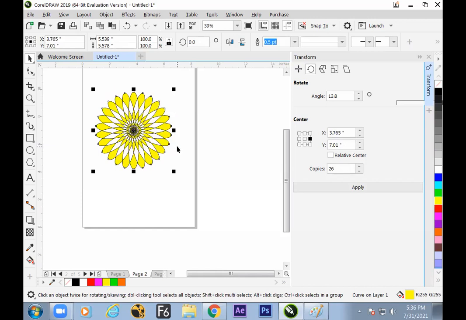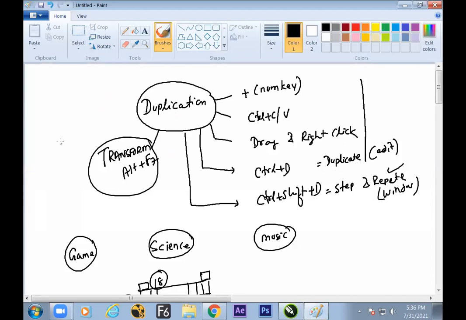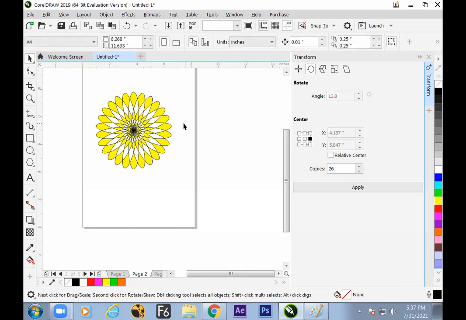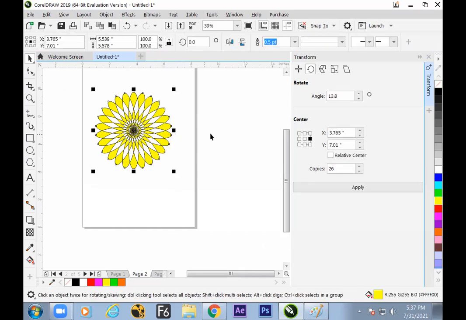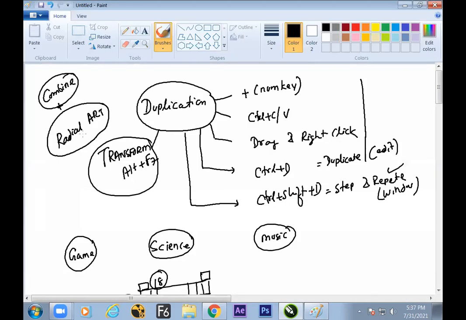Do you have the idea now how to make a radial art with the help of your transform button? So what have you learned now? Radial art. Here mathematics is clear, and we have fused that with the combine. Already we have learned combine. Both fused together to make this floral art. And while transforming in the rotation, we have done two jobs.